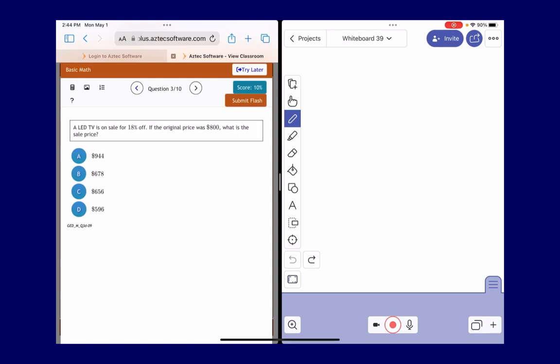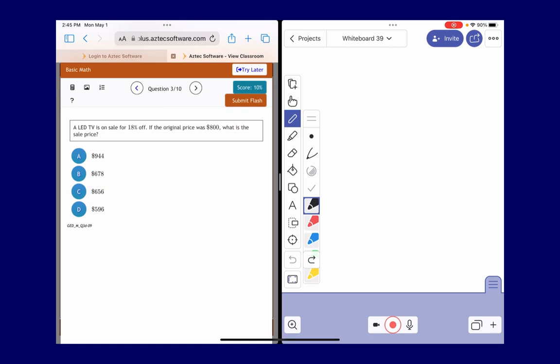Okay, so for this problem, it says an LED TV is on sale for 18% off. The original price was $800. What is the sale price? There's more than one way you can do this, and I'll show you the way that you'd probably be the